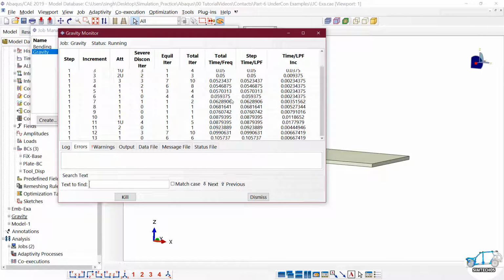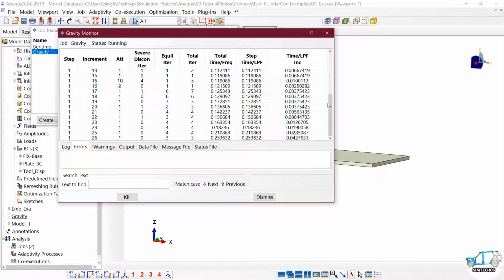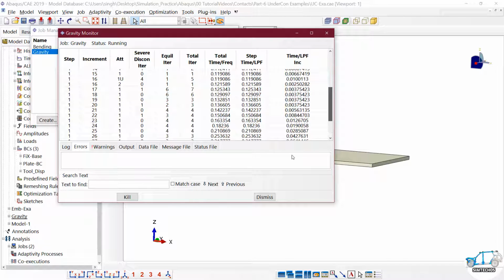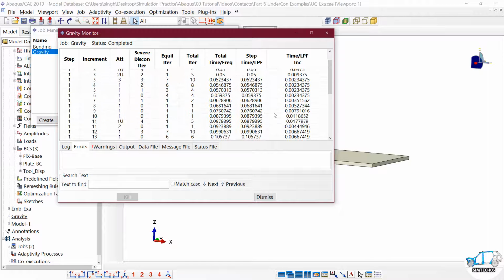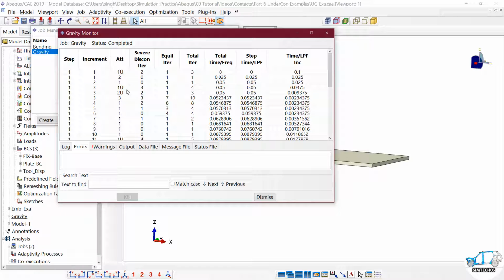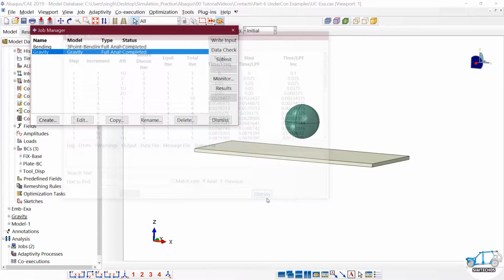That's not a big issue for us. Now the simulation is completed and let's see the results. It happens many times in implicit dynamic because the computational complexity in implicit dynamic is a little complex.